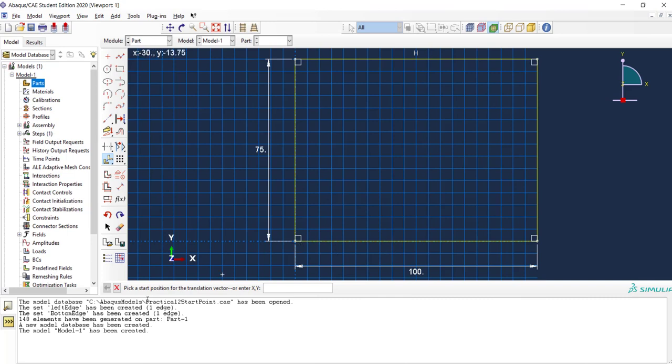Then to create the cutout here, what I know is I know the center and I know that the radius is 25 millimeters. So I'm going to use this option, create an arc using the center and two endpoints. So pick the center point, that's this one, then any point on XY. Now looking there on the top, I know it's 25 here, 25 here, and I'm done.